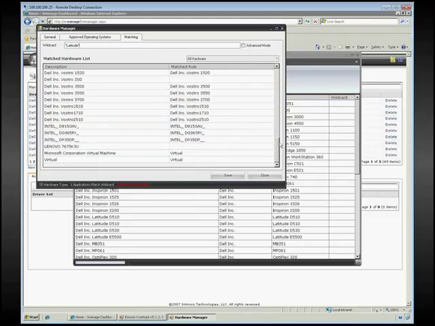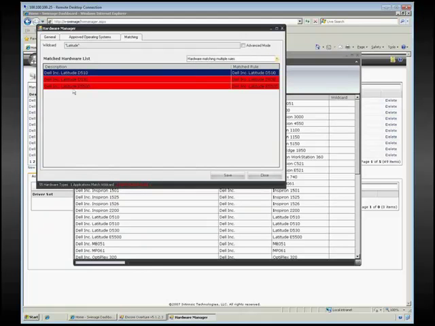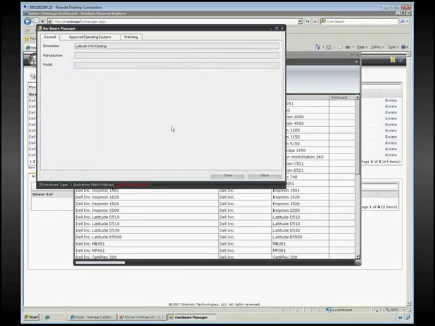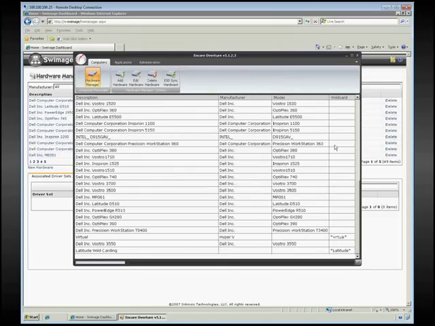Okay. Now over here you have this drop down that says all hardware, which will show every bit of hardware, and then you have a couple in here that have an existing driver set and some that do not. Some are red, some are yellow. You can tell the ones that have existing driver sets already associated to them because they are in red. And the reason they're in red is, if you look at this, hardware matching multiple rules. So these machines already have driver sets, so they're not going to be part of this wildcard. However, the matching this rule, you have one that doesn't have any associated drivers, so it's going to be included with this driver set. So what you would do then is create this driver set for latitude with this wildcard. You would save that,